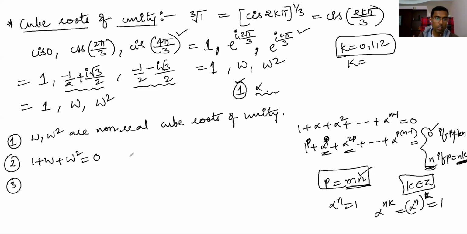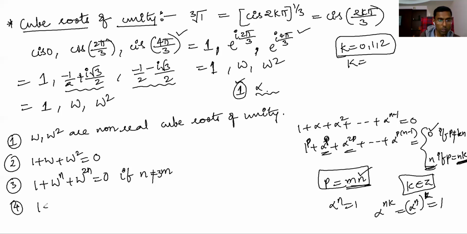It's a textbook question. So here, 1 plus omega power n plus omega power 2n equals 0 if n is not a multiple of 3. If it is not a multiple of 3, it's 0. Like this one: in this case, nth roots of unity, cube roots of unity, if it's not a multiple of 3, it's 0.